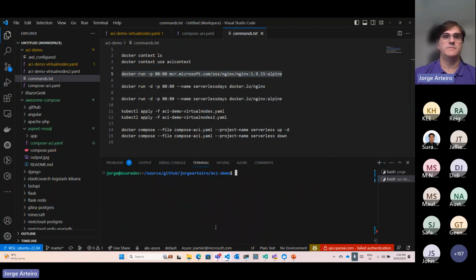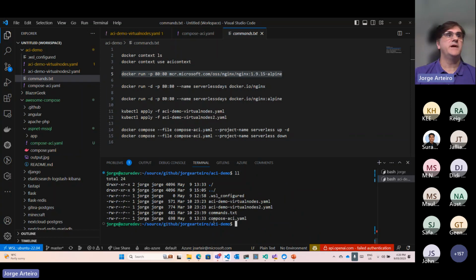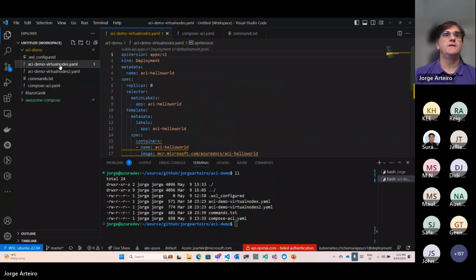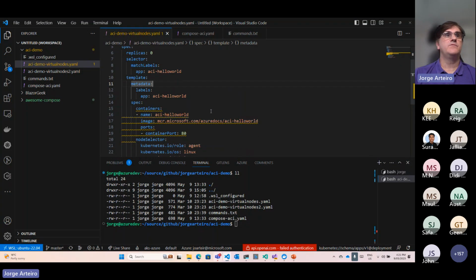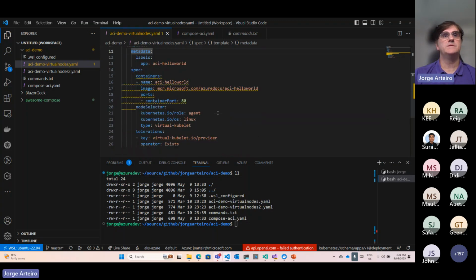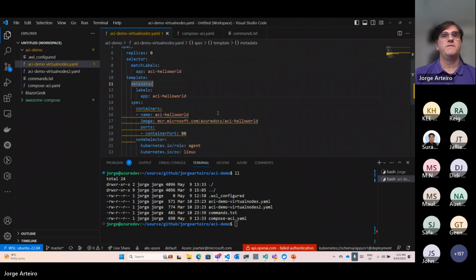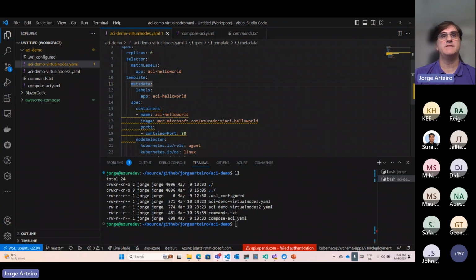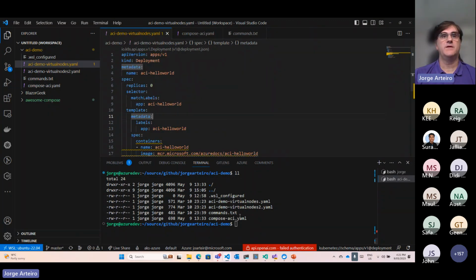Let me show that. In this directory, ACI demo, I have a couple of virtual node deployments. If I want to run on Azure Container Instance, like I was showing, serverless from Kubernetes. Let me try to run that one.